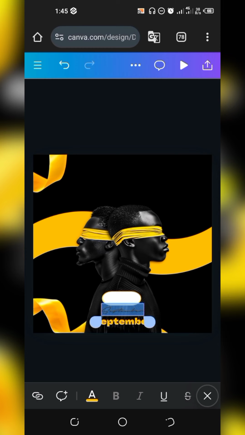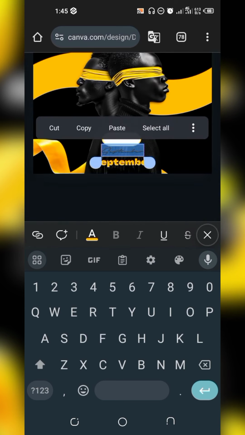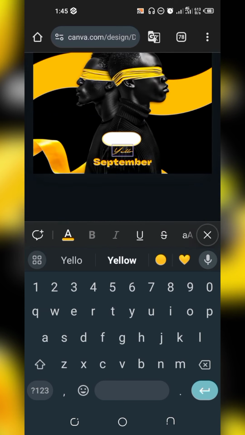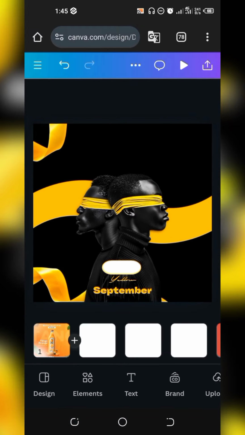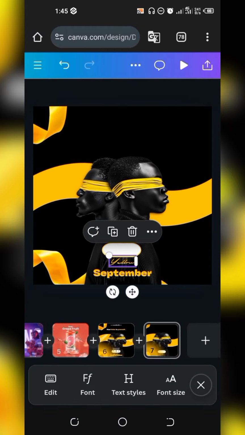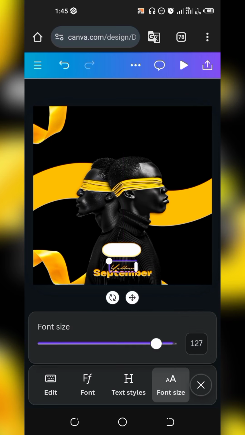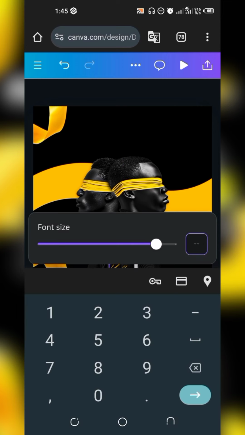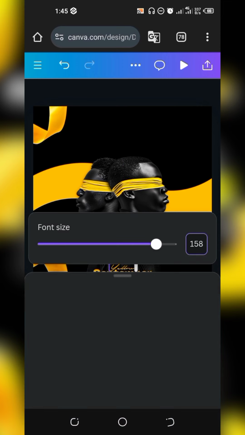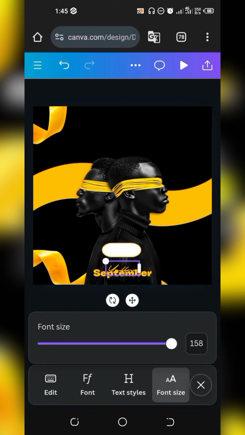let's wait for my keypad. Okay, now it's up. Then write yellow. Exactly, so it's yellow September. We're actually celebrating. So drag this down, and the font size for yellow is actually 158. Yep, that's it.